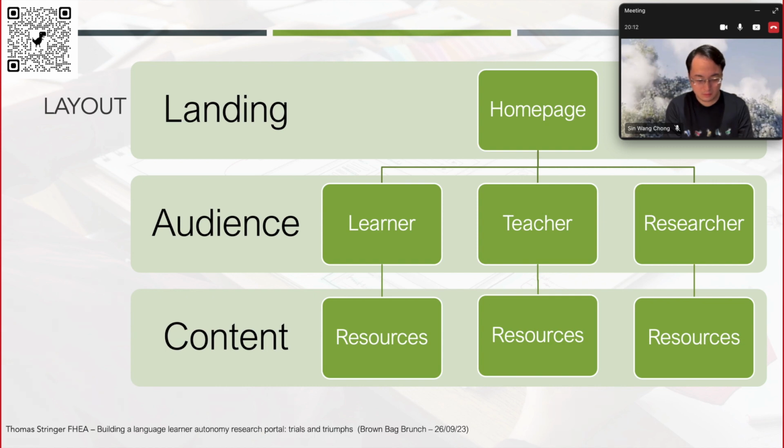It doesn't really lead people nicely into the different buckets of information that I want to present to them. So then I started thinking about what the different audiences for the page are. It's something I encourage you to do as well if you want to build your own website this way. So I started subdividing the website by audience. There's a section for learners, a section for teachers, and a section for researchers. That was the next iteration of the page.